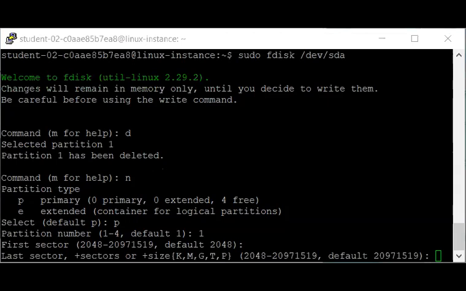The difference between the first and last sectors makes up the total size of the partition. A sector is the unit used to measure size on disks. Each sector stores a fixed amount of data. In most hard disks, for example, a sector stores 512 bytes.